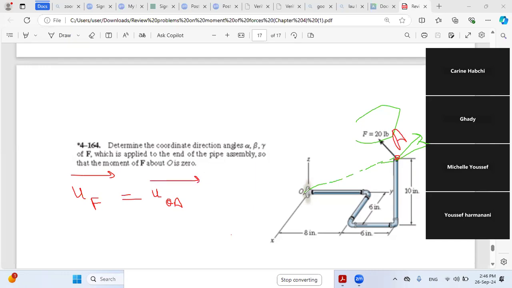O is the origin. For point A, in X you have plus 6. In Y, it's 8 plus 6, 14. And in Z, 10. So for the OA vector, it's plus 6 in I, plus 14 in J, and plus 10 in K,